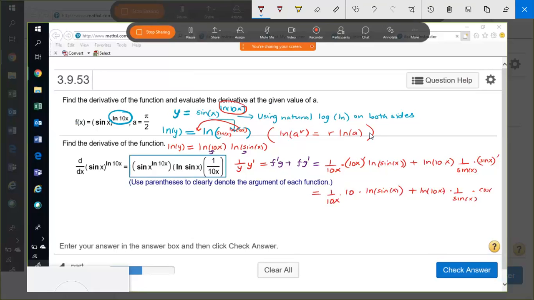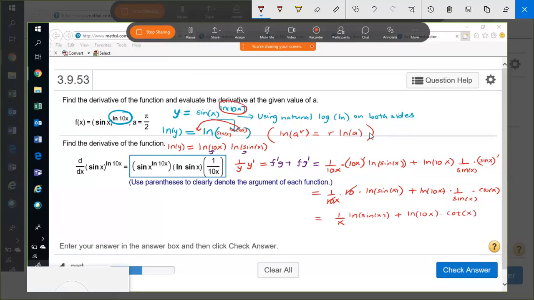The derivative of sine is cosine. So this 10 and this cancel. I'm left with 1 over x ln sine x plus ln 10x times cotangent x. Cosine over sine is cotangent,